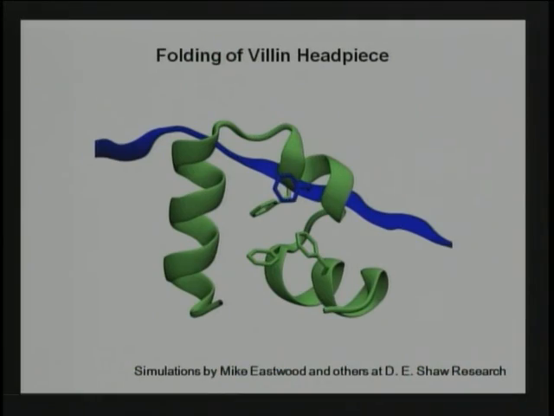And so let me just start by saying this is not a terribly long simulation. This is on the order of, I think this one's 10 microseconds or so, maybe even 5. This is a very simple protein fragment called the villin headpiece, actually a double mutant version of that designed by Bill Eaton specifically to fold fast. And I'm just showing it to give you a feeling for folding with a different representation.